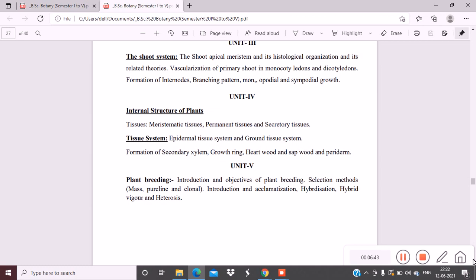So I think I have discussed all the books. First, study Pradeep's Biology for plant morphology and anatomy from the class 11th and 12th books, and then for some topics like plant breeding and biotechnology, refer to the P.K. Gupta books: Elements of Biotechnology by P.K. Gupta, and for plant breeding one more book by P.K. Gupta. So all your topics will be covered.